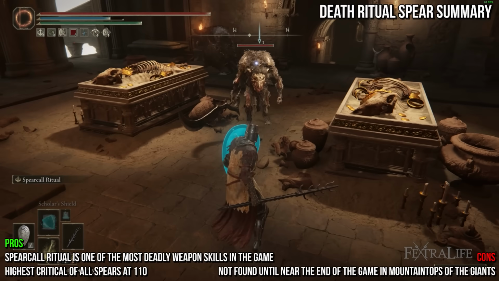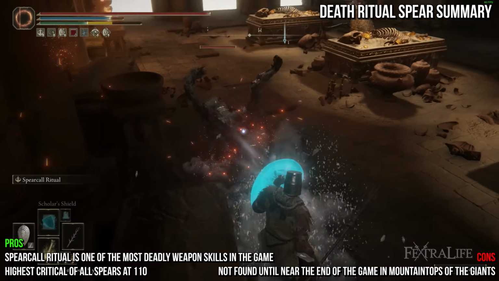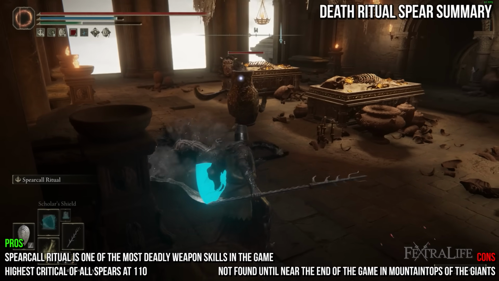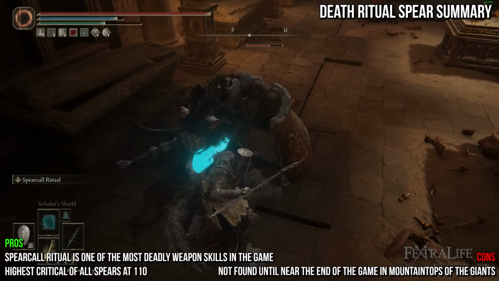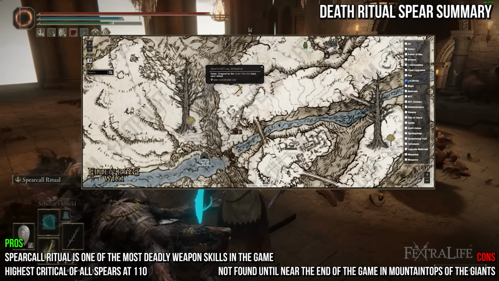The Death Ritual Spear is easily one of the best spears in Elden Ring. It has high attack rating, it has the highest critical rating of all spears, making it great for block counters, and it has a slashing R2 that allows you to deal a different damage type rather than thrusting should the need arise. This R2 is also great for hitting enemies that are more mobile or harder to hit with thrust attacks. The downside is that you cannot find this until near the end of the game in Mountaintops of the